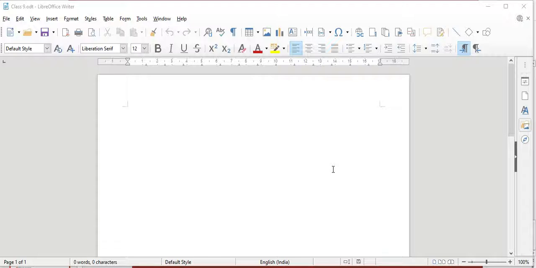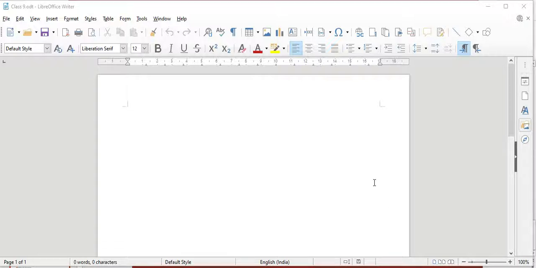The status bar is at the left bottom of the Writer window and displays the number of pages, words and languages used, zooming, etc. On the bottom of your document, you will see how many words there are, how many characters there are. You can zoom in, zoom out, and you can see how many pages and which page you are in.